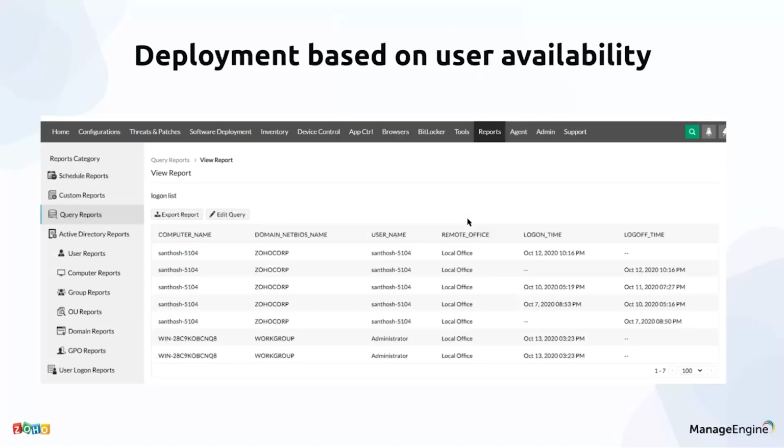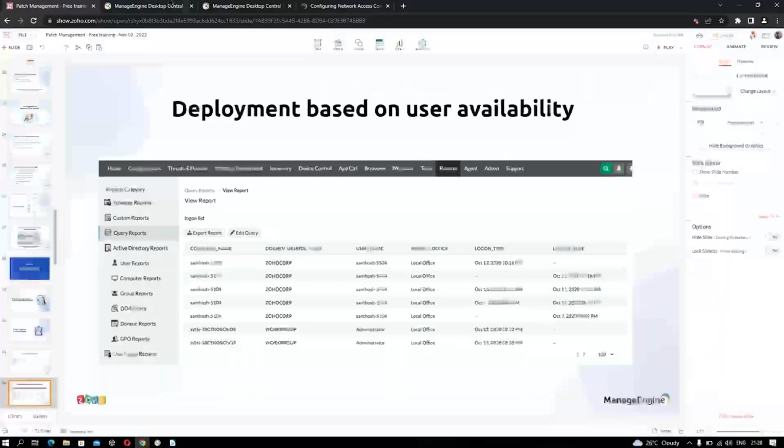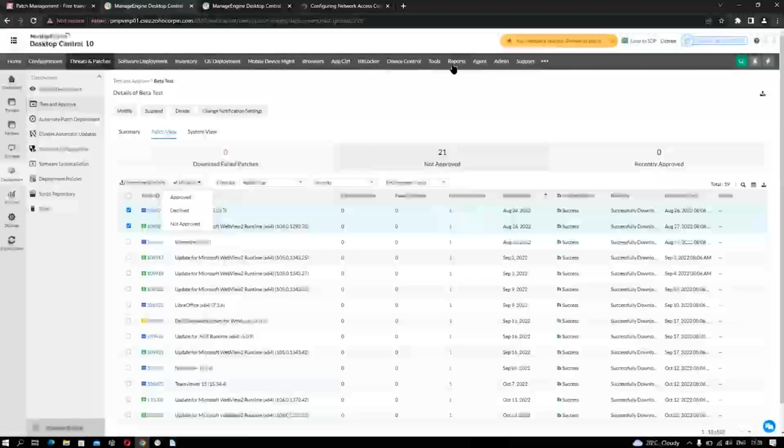Deployment based on user availability. The benefit of enabling this report is to understand the pattern of users' active time in a day, to plan patching activity. So once you know the system uptime, you will be able to configure the patch deployment activity as per the availability. So navigating to the console on the Endpoint Central and the reports,